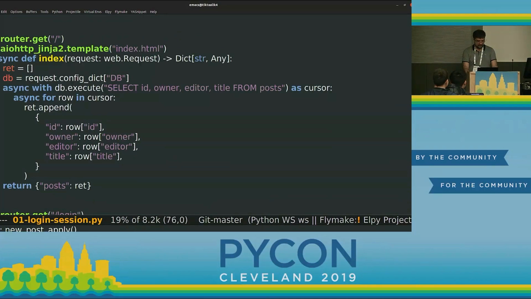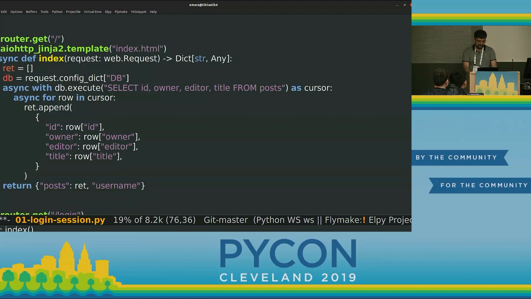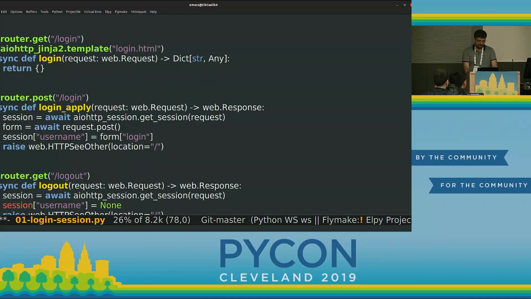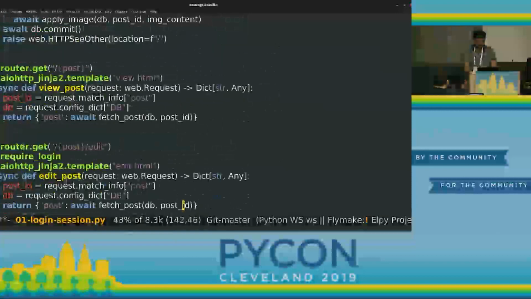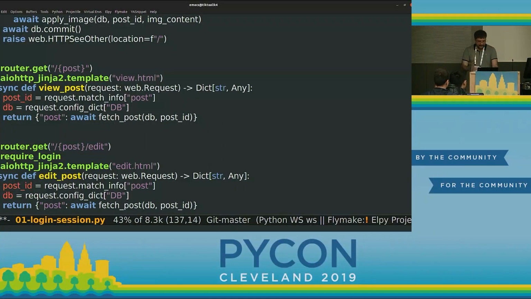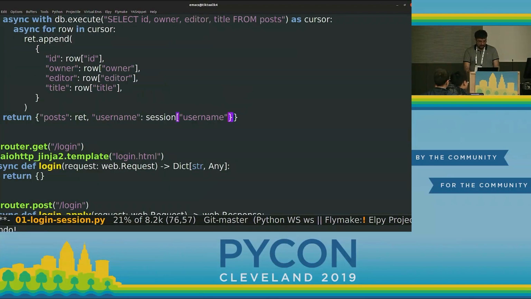This is index. I can say username is session, get session, about session username, and copy this line everywhere. Everywhere in here, new post, edit post, and you got my idea. But I don't want to do it. I'm a lazy guy. I want to use